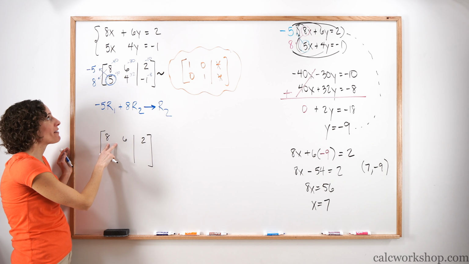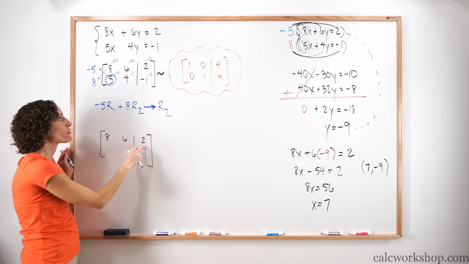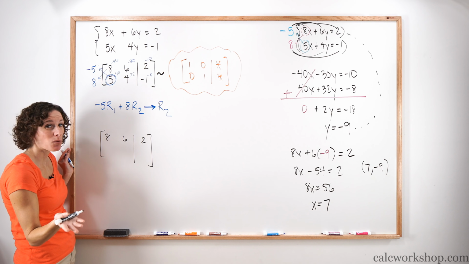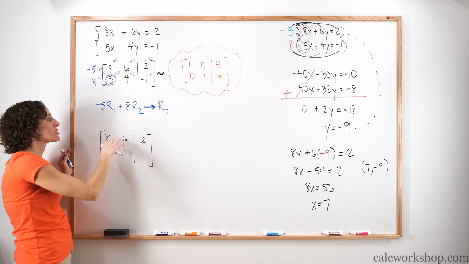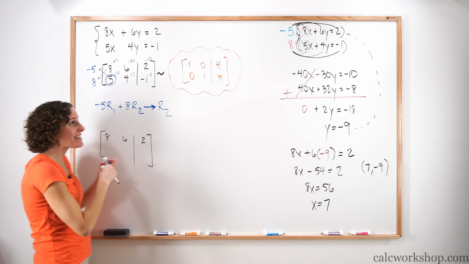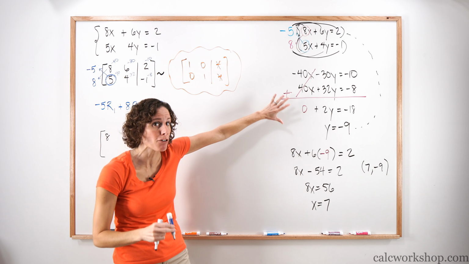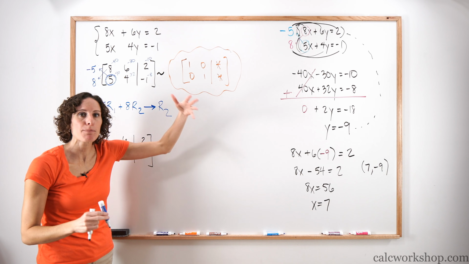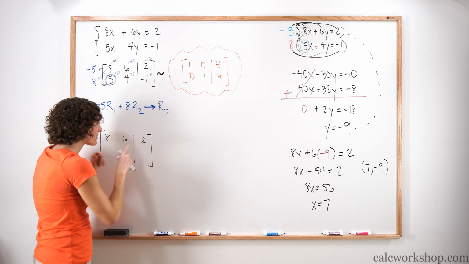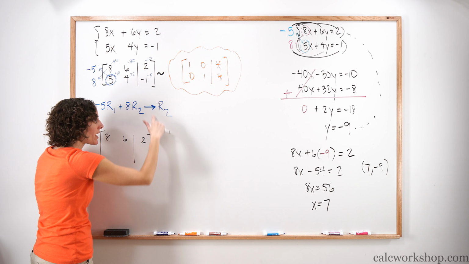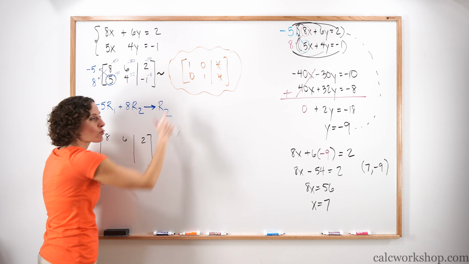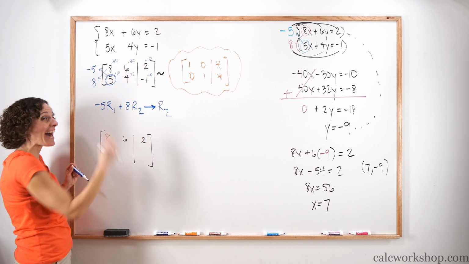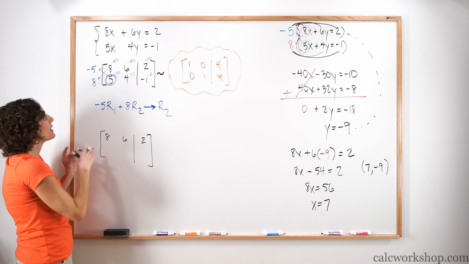Because I don't want to have to eventually deal with -40, -30, and -10. You could if you wanted to, but it's so much easier to kind of say, you know what, I never changed the chemical makeup over here, just made it bigger, so I don't have to keep using these big numbers. Let's go back to the original. The only one that's getting changed is row 2, because that's who I'm looking for. So let's add the little blue numbers together.